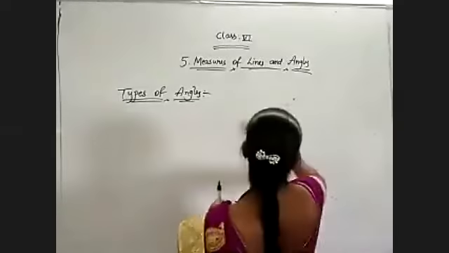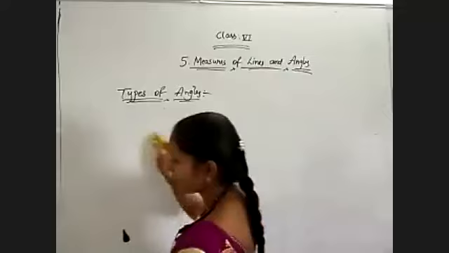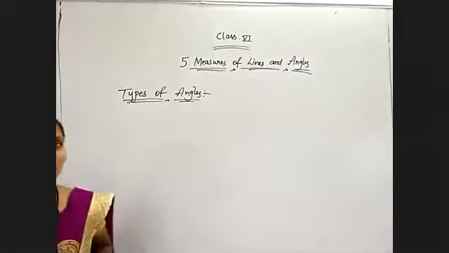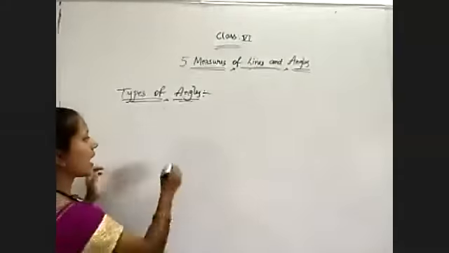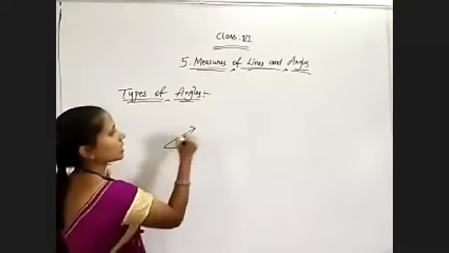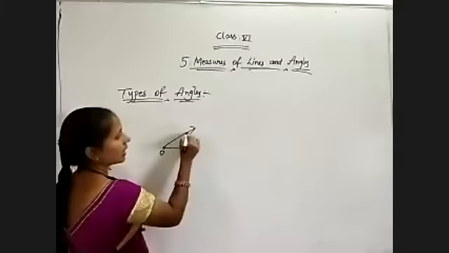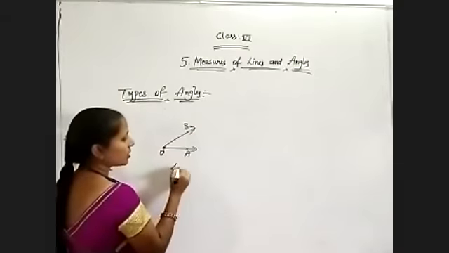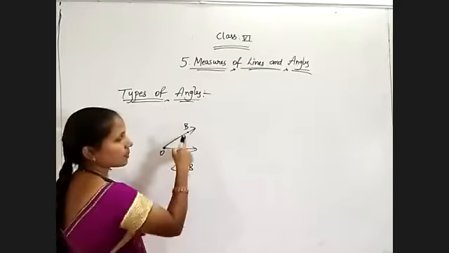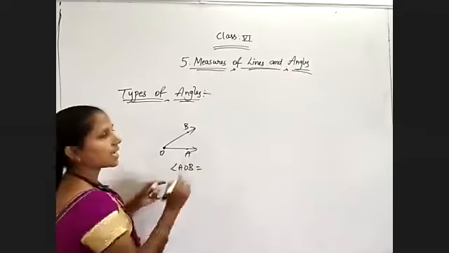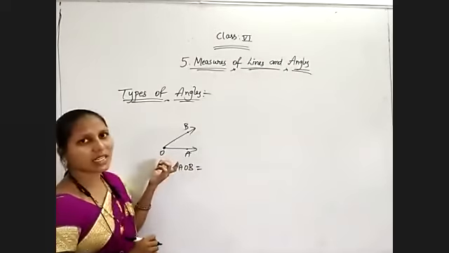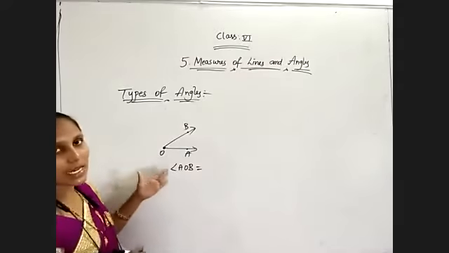And now, if measures are not mentioned, in that case, how can we classify? See, we have studied about angles, how to name them when the arms are given: O, A, and here B. So here the angle mentioned is angle AOB, otherwise BOA. Which type of angle is it? Are they given any measurement here? No. So how can we classify?